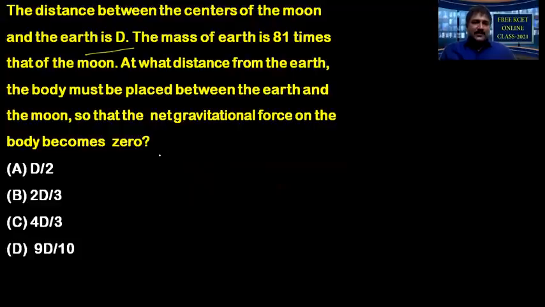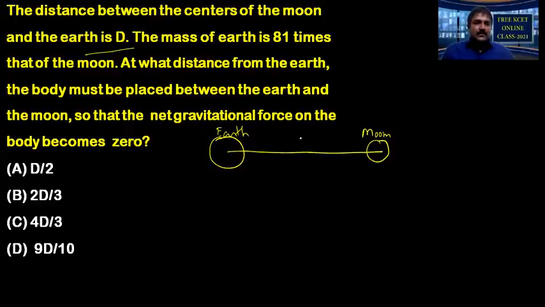See here there are 3 bodies. We are finding the net force on the body and it should be 0. So the magnitude of the gravitational force on the body due to Earth is equal to the gravitational force on the body by the moon. But the directions are opposite. Let me put a small diagram for this. Say this is the Earth, and at a certain distance I will take a moon here. Now the first thing is the separation between them, so it is given that it is d.